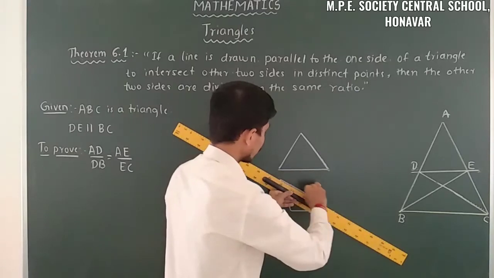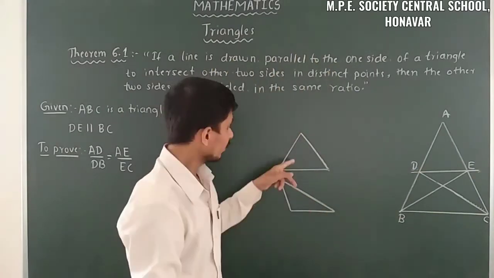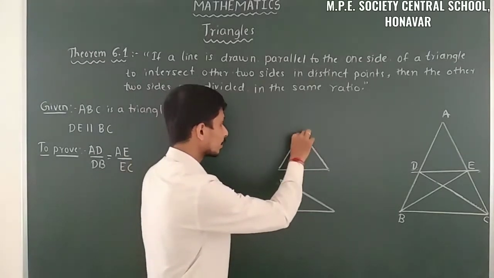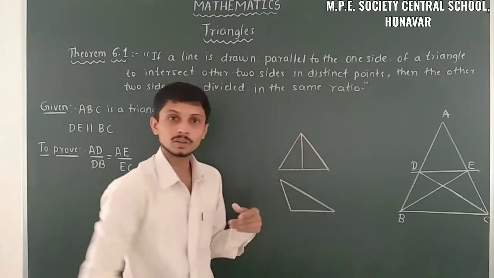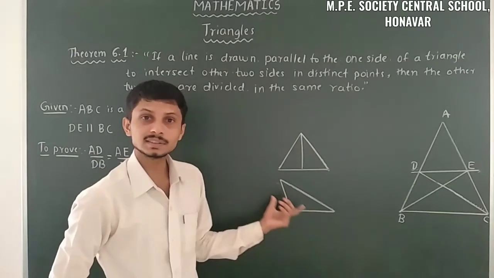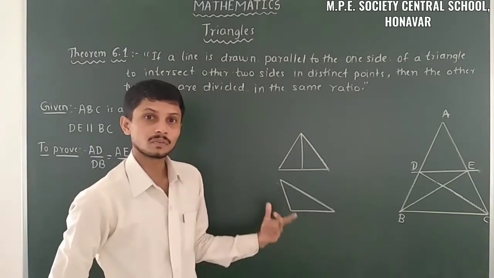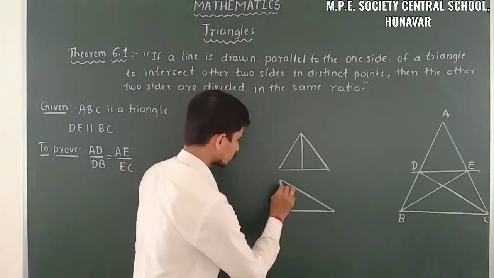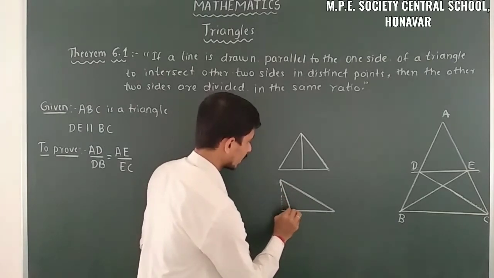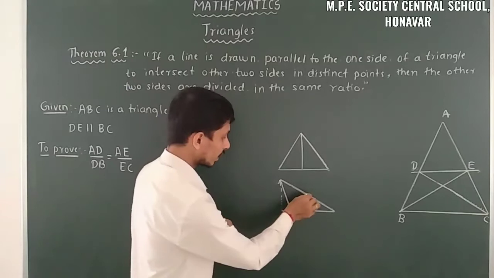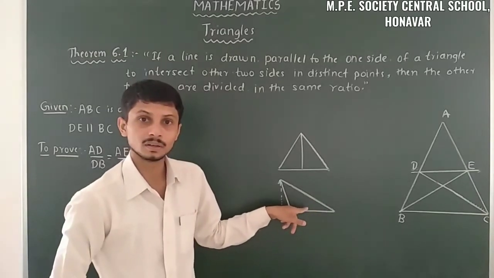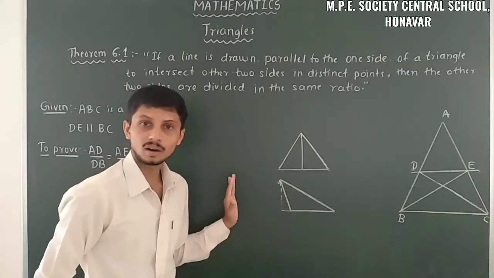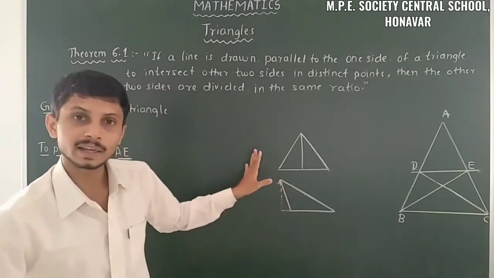So how to take the perpendicular height? When we have a triangle like this, then we can easily take the perpendicular height like this. So this is the perpendicular height. But in that case it is difficult to take, so what are the possible cases here? Here we can take like this also. So this is the perpendicular height we can take here. Then also we can take like this, but this is not a perpendicular. So that's why here we have to take the perpendicular height outward, outside of the triangle.